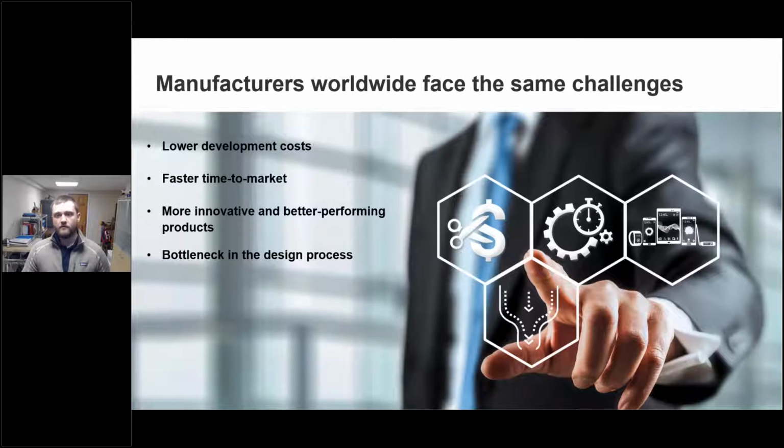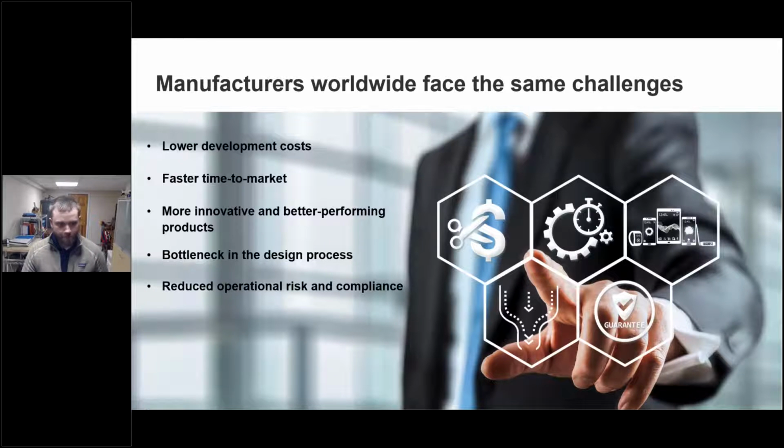But we really want to do a lot of that engineering simulation early in the design cycle, and that's what front-loading simulation is. Along with that, we want our products to have lower risk, which is another reason to do things early in the design cycle. And we also want to be able to hit compliance numbers for certain regulations and standards.